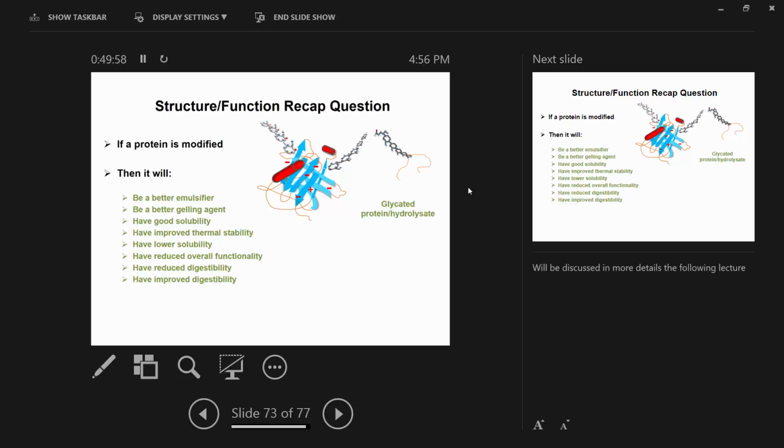Okay, recap. We're done. This is just the last recap question, and we're done. All right, so if a protein is glycated, either it's a hydrolysate or if it's an intact protein,